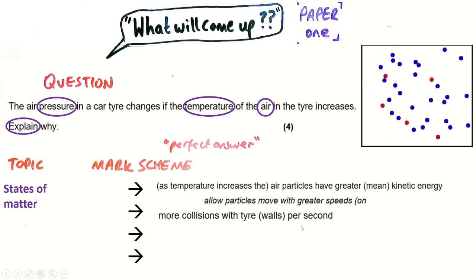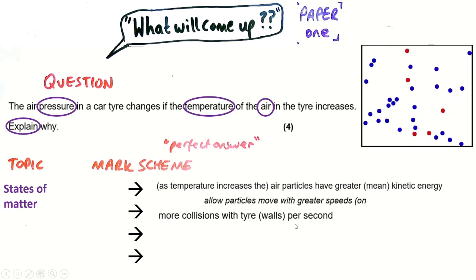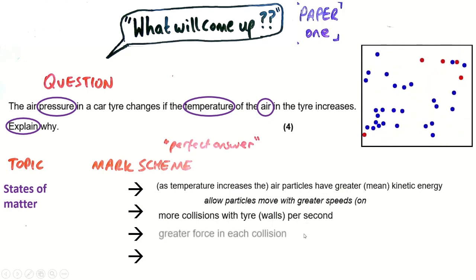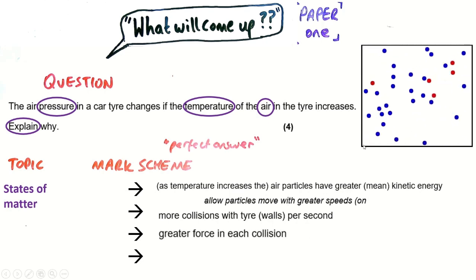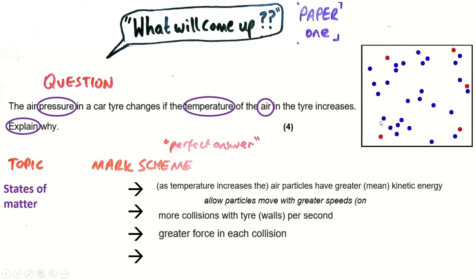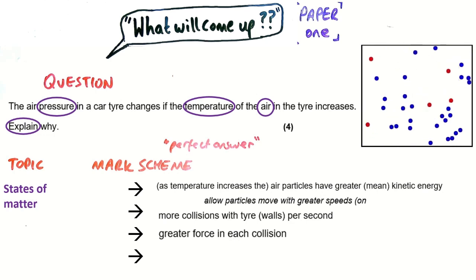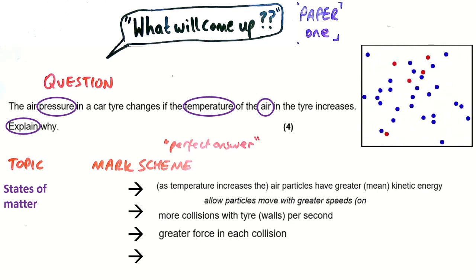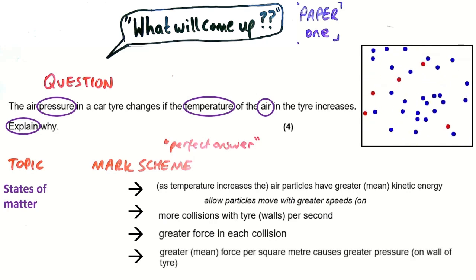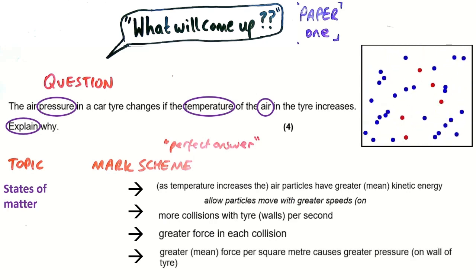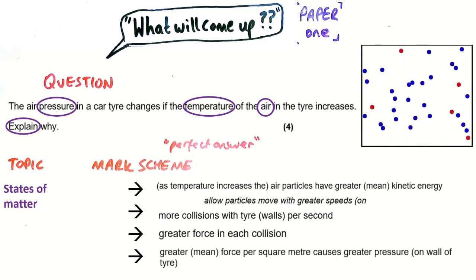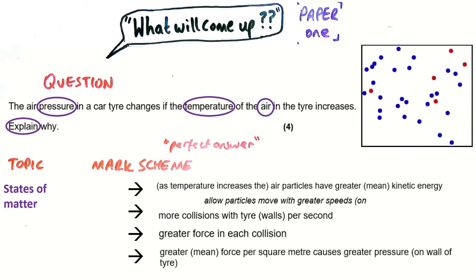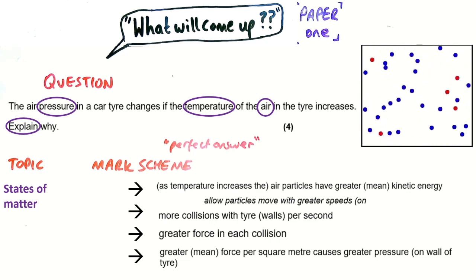In addition to that, they're travelling faster. Just like if you throw a ball faster, it will exert a greater force on the wall or whatever you're throwing it at. There's going to be a greater force in each collision. And then lastly, that means there's a greater force per square metre, or unit area, which is what pressure is. So pressure is force per square metre, per unit area. So therefore, there's a greater pressure. Okay, this comes up a lot. Combined science, separate science. Make sure you know a good 3 or 4 mark answer for talking about pressure in